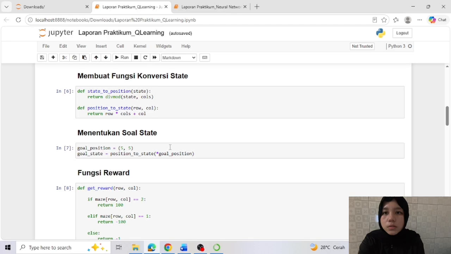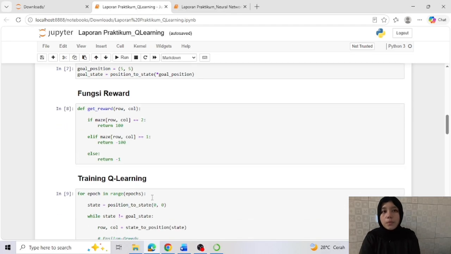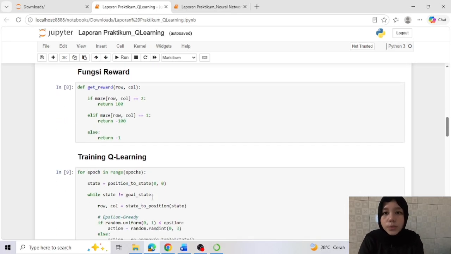The agent receives a reward of 100 when it reaches the goal, negative 100 when it hits an obstacle, and negative 1 for every normal movement. This reward system encourages the agent to find the shortest and safest path to the goal.